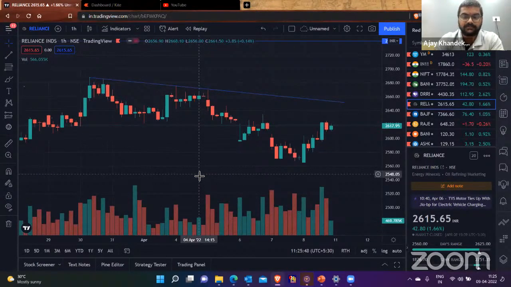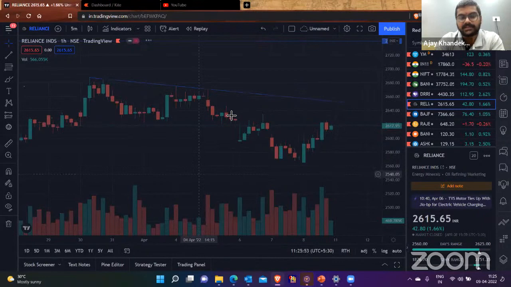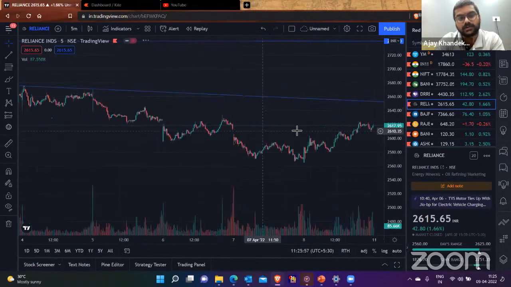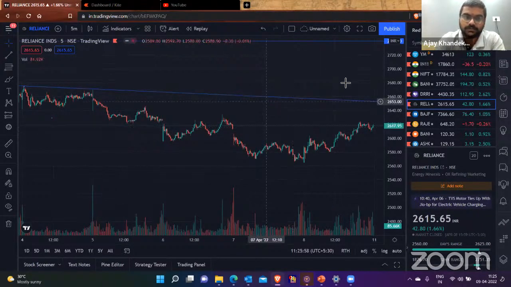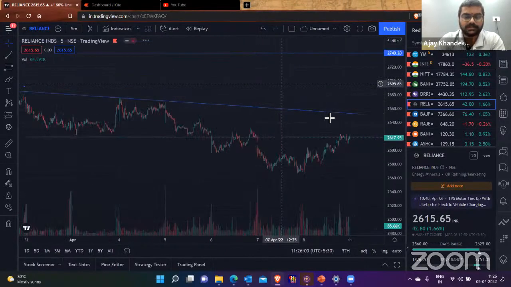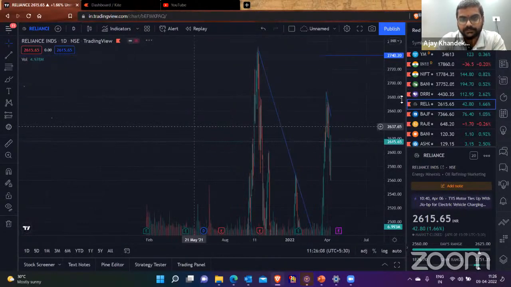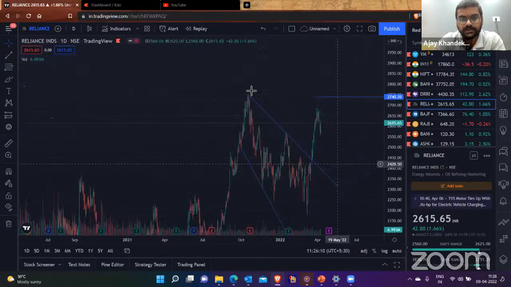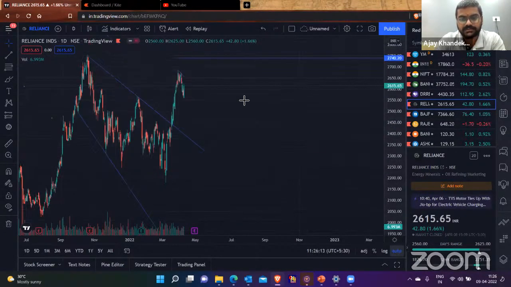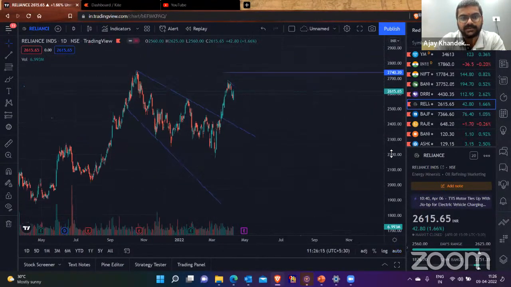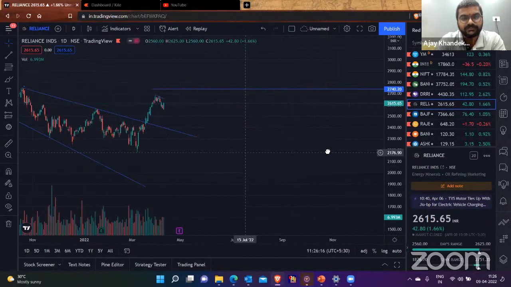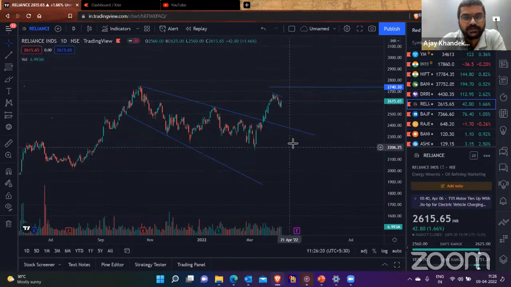We can use different time frames; this is the 1 hour time frame on the NSE, and here I'm using the 5-minute time frame. Everyone has a different skill for analysis on different time frames. Some use just a 1 minute time frame, some use a 1 day time frame. I basically use the 1 day time frame for swing trading. This is just my analysis from the last few days.